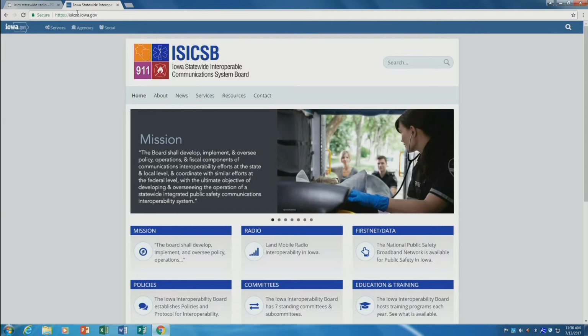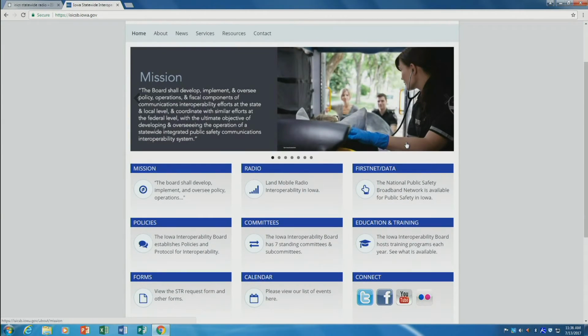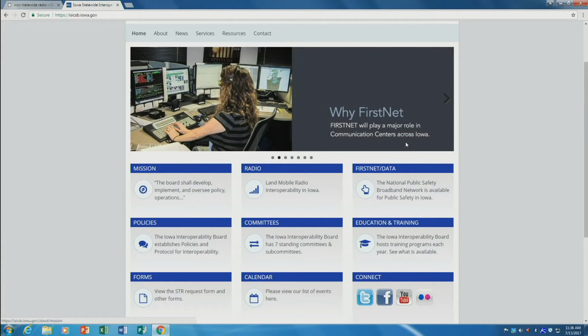Could we put it in, like we're at Mission Radio, FirstNet Data, could we just create another one that says join, right in front of you? Is that what you're asking? That'd be easy, would that be? Well, okay, so